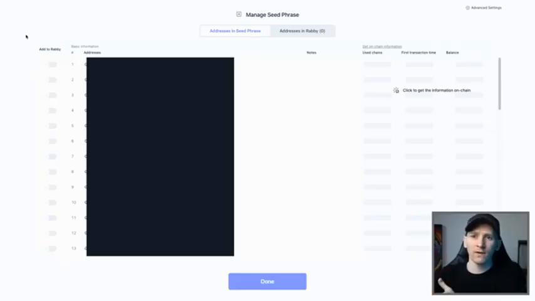So if you're loading a wallet, you can choose this. Now for me, I'm just going to choose one to turn on. This is the main address for this wallet, and so I don't need to use any more, but you can turn many of these on if you want. Just choose at least one address that you want to use. And then from here, we can press done, and then it's going to load that wallet